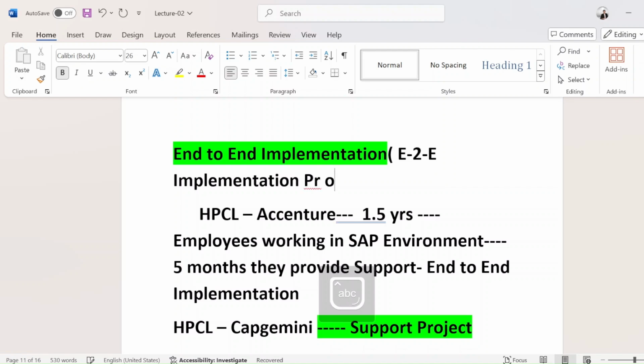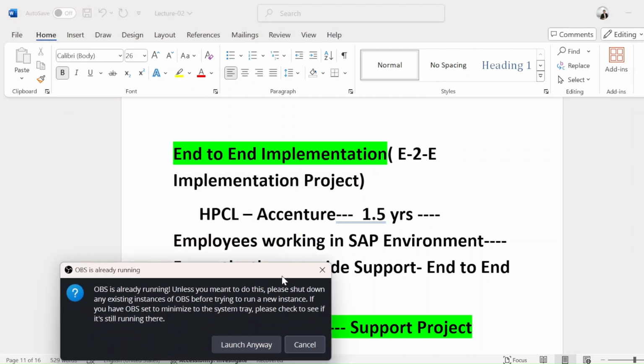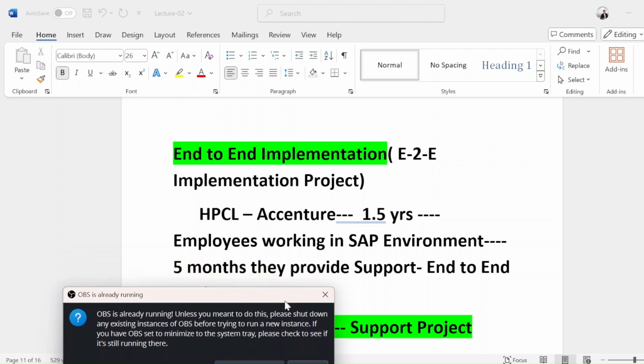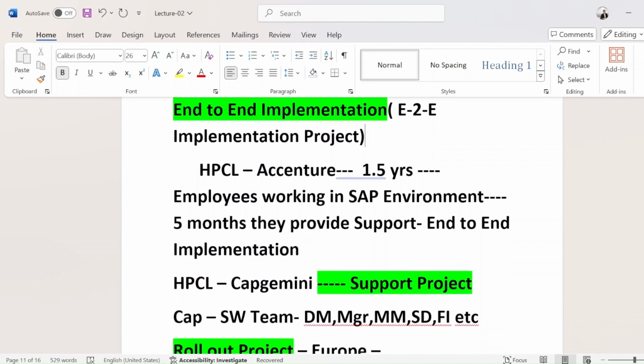Let's suppose, I just took an example of Mehta Private Limited. Let me give that example again.